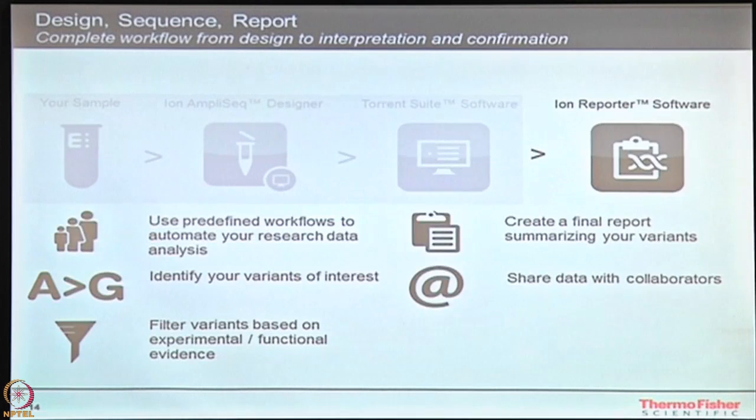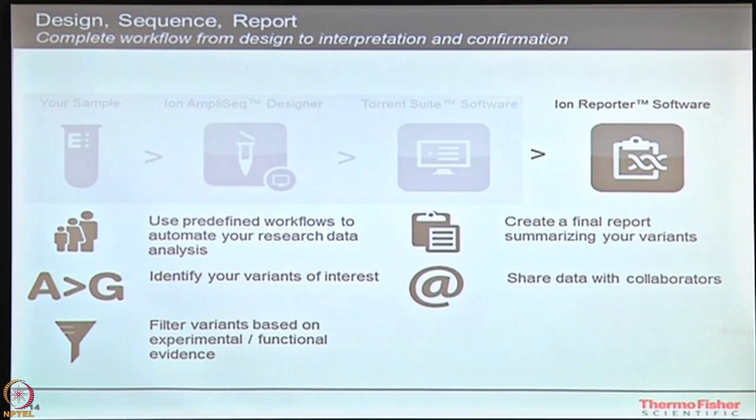So for doing that, there is one more tool called Ion Reporter software. It has lots of information inbuilt into it. So this helps you to correlate your variant with the information that is already stored in databases. Okay. Ion Reporter software is available as cloud based, so you can register yourself, sign in and utilize it for your analysis. Okay. During variant calling, we have a format called VCF, which is generated over here. Whatever variants you call are provided in a VCF format, and these VCF files can be easily uploaded on Ion Reporter software.